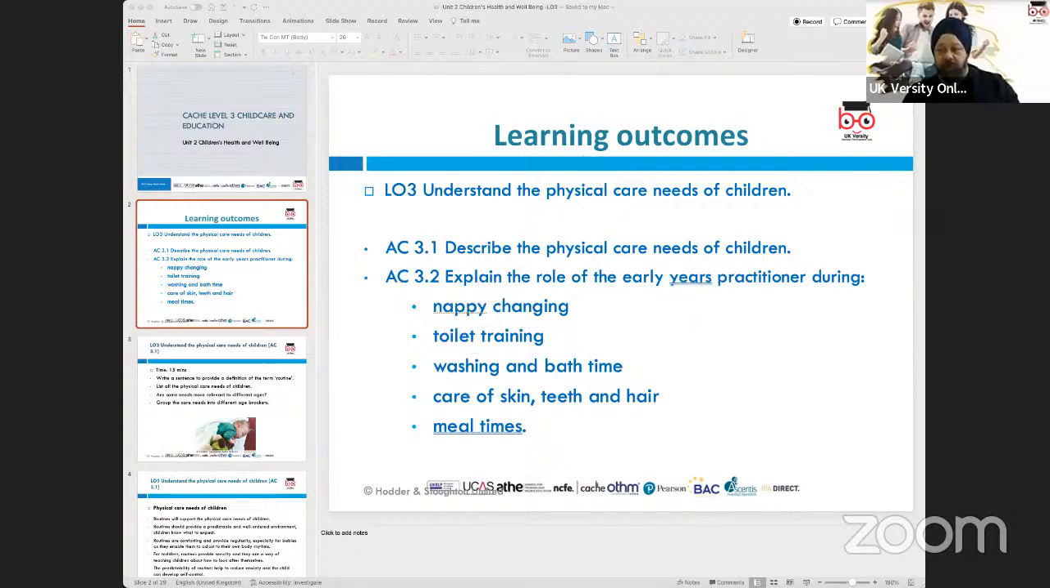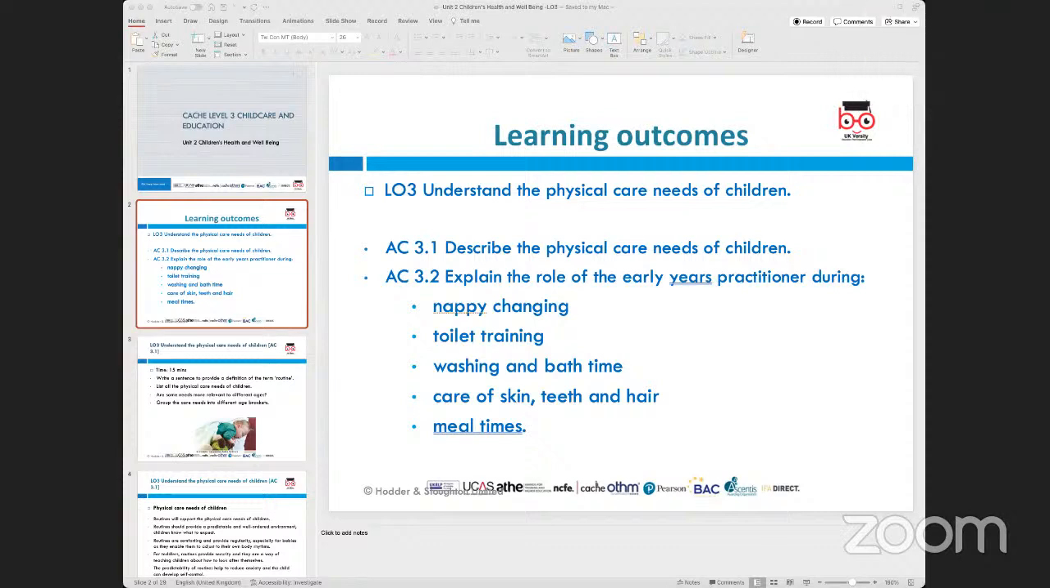So what we will do is start off with first of all defining what, for example, the physical care needs would be. When we talk about physical care needs in terms of children in particular, or for a child, they can be varied. And this will vary depending on the age group that we look at, so from birth to the age of 2, or from 2 to 3 years, or 3 to 5 years, 5 to 7, or